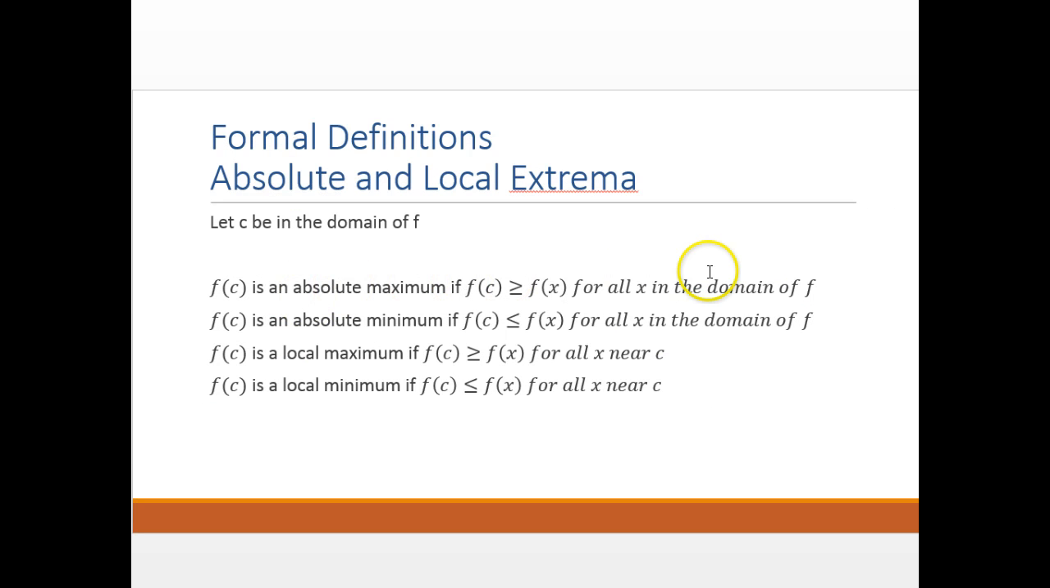Now, if we want to get very technical about it, then we can say f(c) is an absolute maximum if f(c) is greater than f(x) for all x in the domain of f. In other words, f(c) is my highest point. There's no other point that's higher than f(c). Similarly, it's an absolute minimum if f(c) is the lowest point for all points in the domain. We can define our local max to be f(c) greater than f(x) for all x near c. So if I just look at a neighborhood around that point,